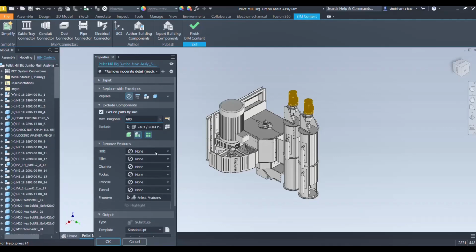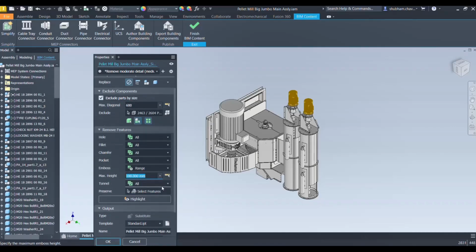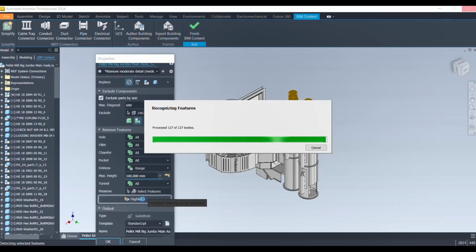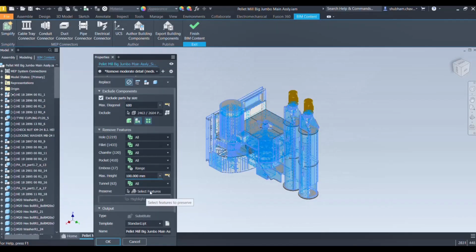You can also remove the features which are not necessary, like holes, fillets, chamfers, pockets, embossed tunnels. I'll select all for each one of them because I do not want those. Let's have a look over the highlight, whatever has been removed. So it will recognize the features, processing 127 bodies, all the bodies, and will provide the simplified version of our